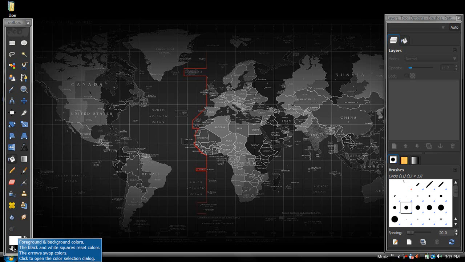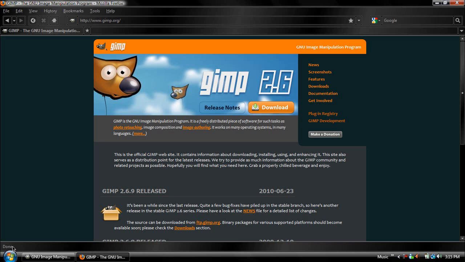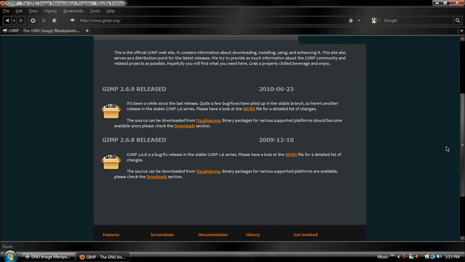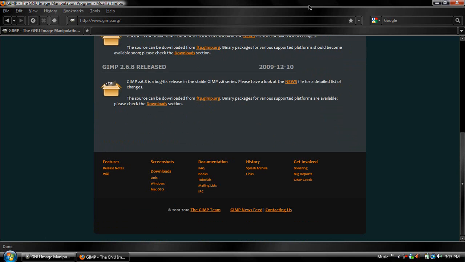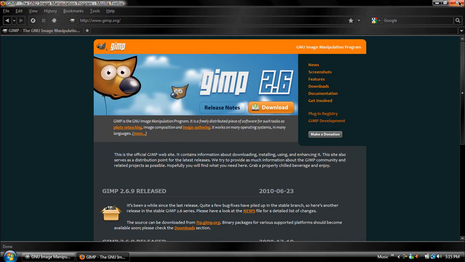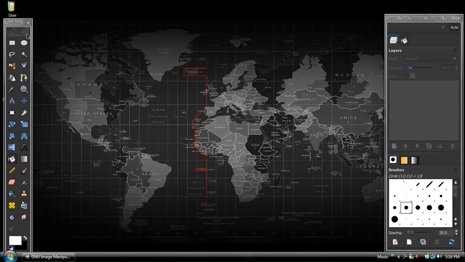Now you can get GIMP at gimp.org, which is basically this website right here. It enables you to act as if you're using Photoshop, because obviously Photoshop's a pretty expensive program, and this is, by the way, freeware. So it's totally free in any way. You don't have to crack it or whatever you want to do with that. So okay, you just download it and install it like you would any other program, because it uses a pretty